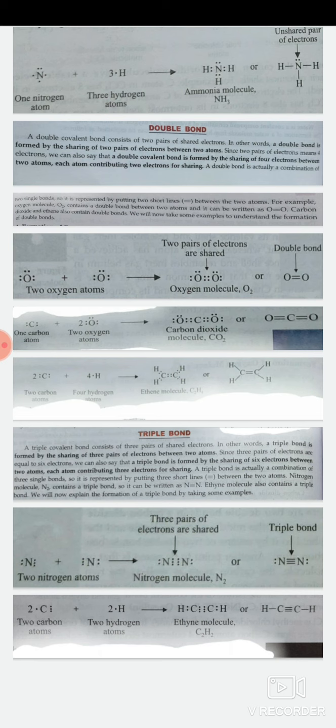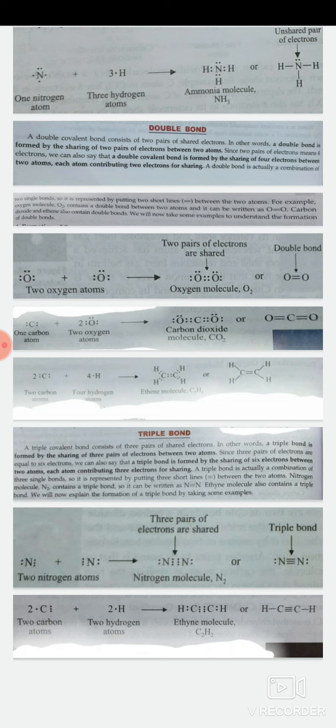Next is the formation of ethyne. Okay, triple bond. Now 2 carbon atoms are sharing electrons with 2 hydrogen atoms. Now each carbon is sharing 3 electrons with the other carbon, right? So carbon carbon is a triple bond. Why carbon carbon triple bond? Because each carbon is sharing 3 electrons with another carbon, and carbon's 1 electron gets shared with hydrogen. So as carbon is sharing 1 electron with hydrogen, there is a formation of a single bond between carbon and hydrogen, and as carbon is sharing 3 electrons with carbon, there is a triple bond between carbon and carbon.